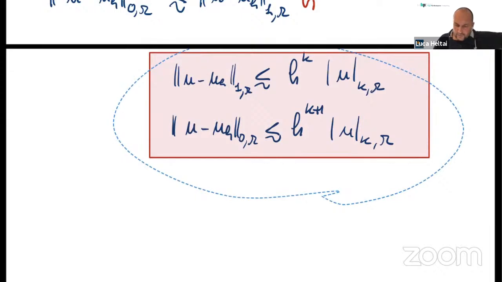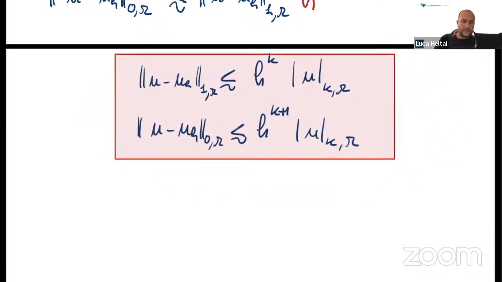This, of course, is only possible if the operator A has an adjoint which is H2 regular. And the regularity of the adjoint operator can be proven only for certain types of discretizations. In particular, it's simple to prove for